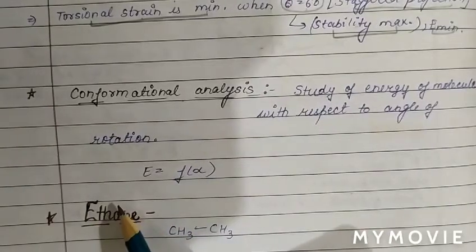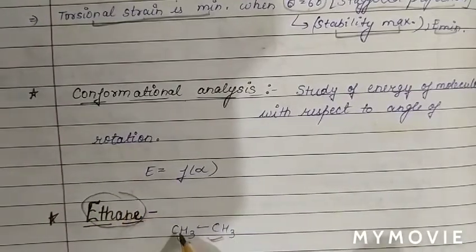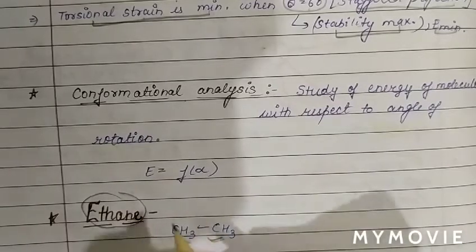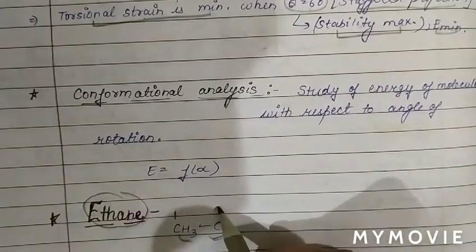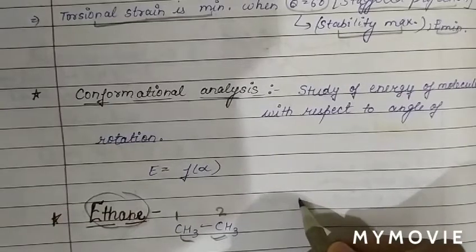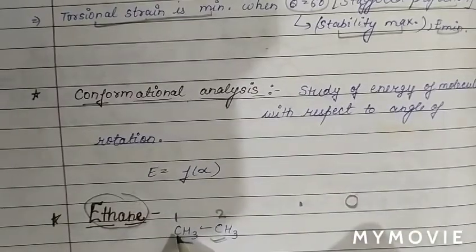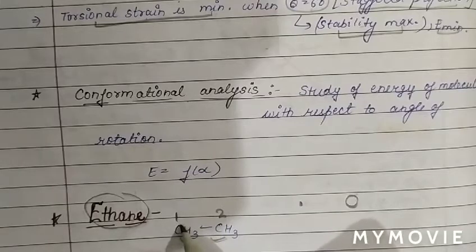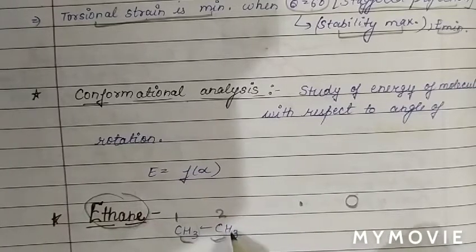So now we are making the conformational isomers of ethane. As we know, the molecular formula of ethane is CH3CH3. So basically there are two carbon atoms. One carbon atom will be the front carbon and the second carbon atom will be the rear carbon atom. We can see the front carbon is denoted by the dot and the rear carbon by the hollow circle. So basically the front carbon has 3 carbon-hydrogen projected bonds and also the rear carbon has 3 carbon-hydrogen projected bonds.